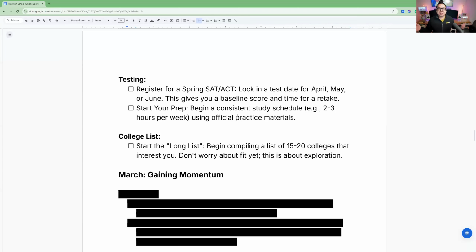Try pulling what we call the long list, just a bunch of schools that kind of sound cool to you. Throw them on a list. Start narrowing them down early. The mistake a lot of people make is they wait too long, and then you're like, oh no, I gotta do this app, oh no, I gotta do this one as well, and you end up adding more work to yourself.